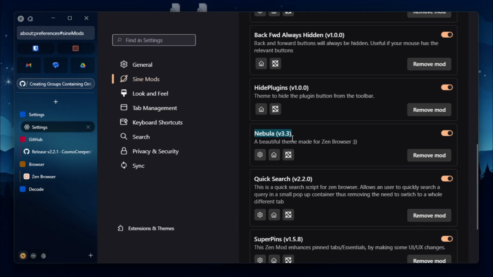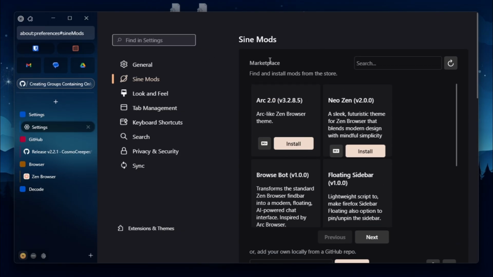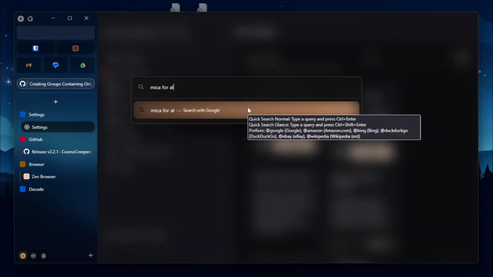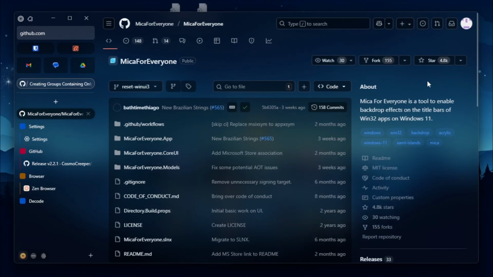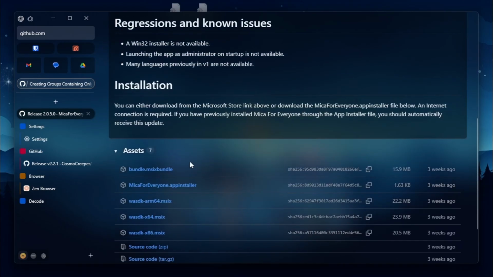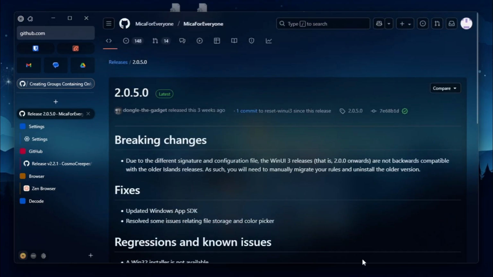Okay, this enables transparency, but it can't do it on its own because it is Windows. So you have to download Mica for All, which is this tool right here. You can make your Windows apps transparent, like so. Just go into here. Then you can download it from the Microsoft Store. You can do whatever you want. Then you go into there,